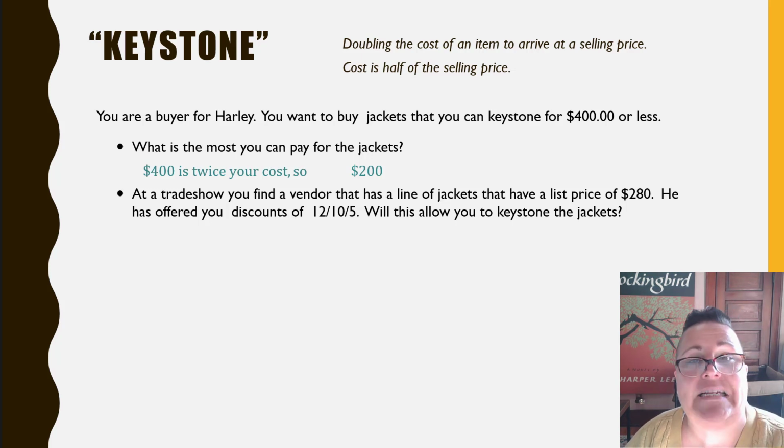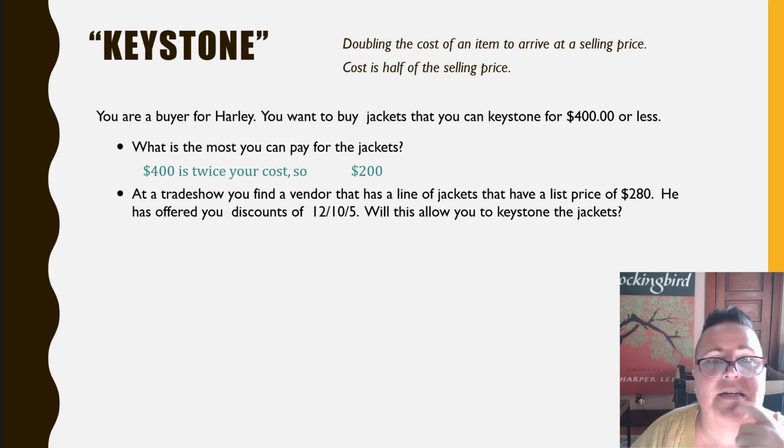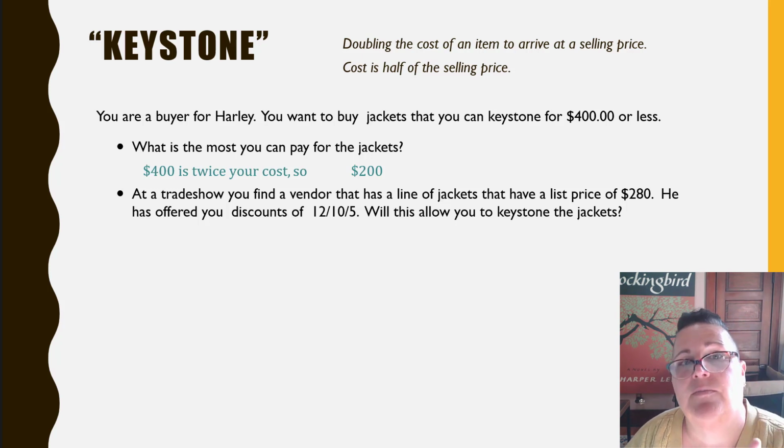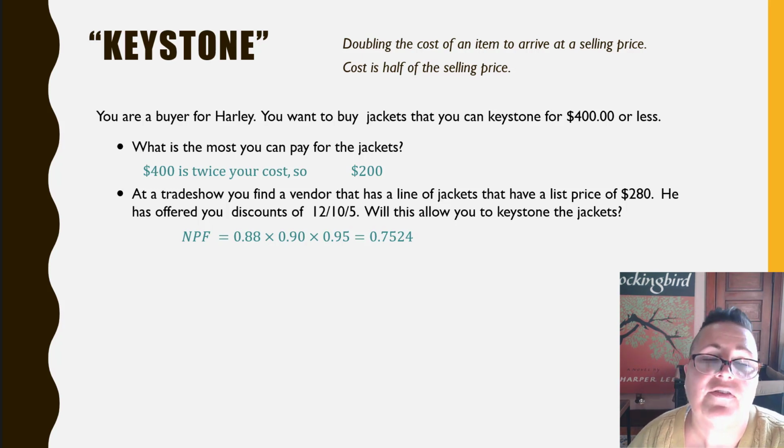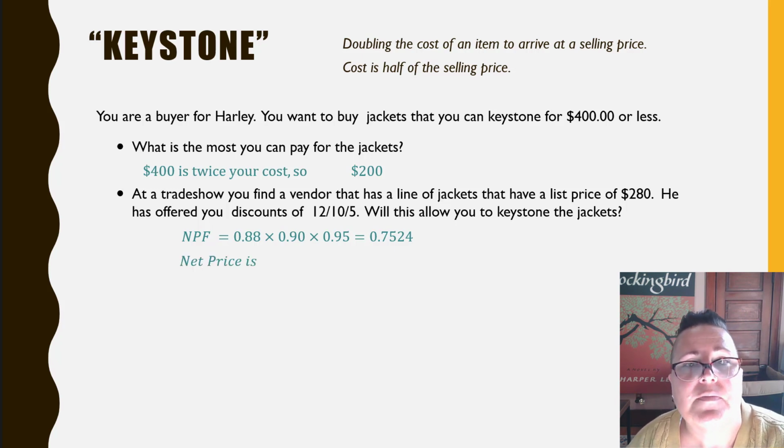The complement of 10 is 90. The complement of 5 is 95. So as decimals, we're going to multiply those percents together, 0.88 times 0.9 times 0.95, to get 0.7524, or our net price factor. Our net price will be the list times that net price factor, or 280 times 0.7524,